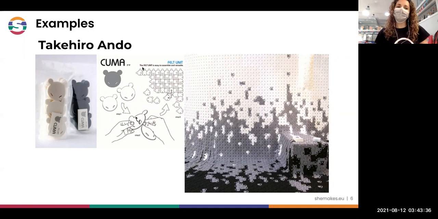One of the examples is one from Takehiro Ando, who designs kuma, which are small pieces. Like here in Fab Lab León, we have a group of small girls that are called poderosas. That means powerful girls.